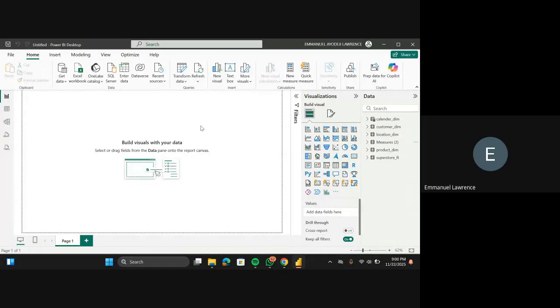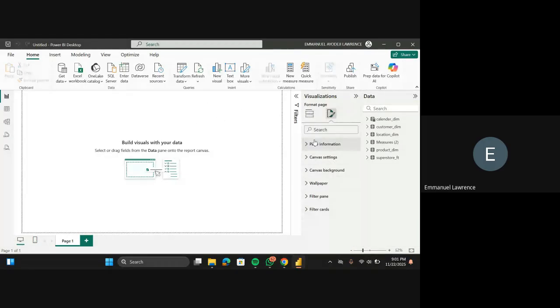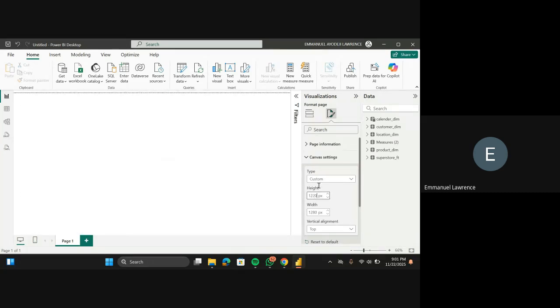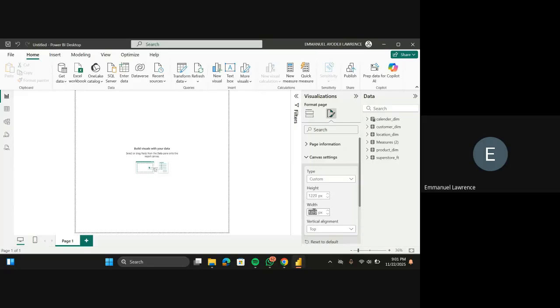Okay. So then I'm going to be creating a dashboard. Now I want my canvas. I want to change it to custom. My canvas setting, I guess it's too small. This is 16 by 9, so I want to create a custom canvas setting. For the height, let me see this height. Okay, this height is okay. And the width, let me call it 1, 2. Okay, let's give it this.